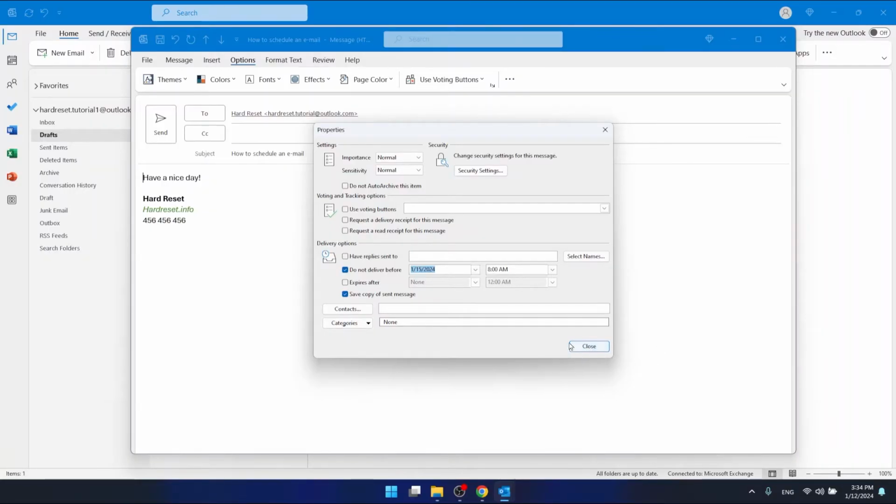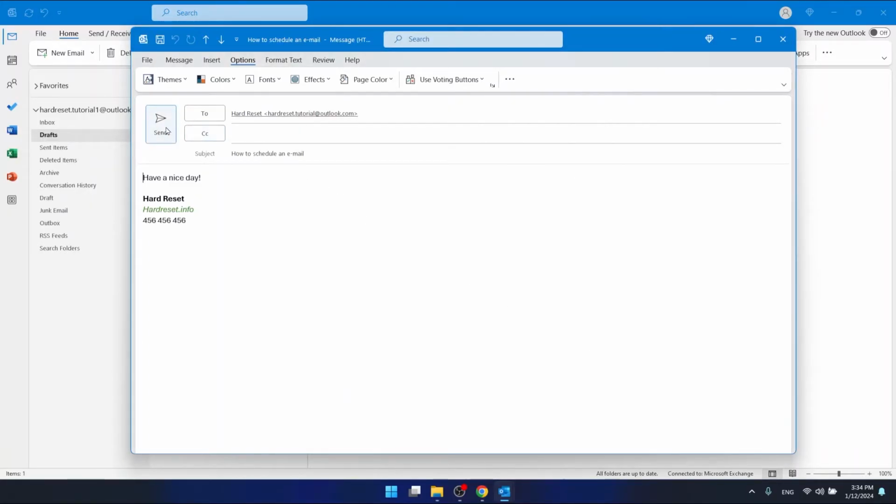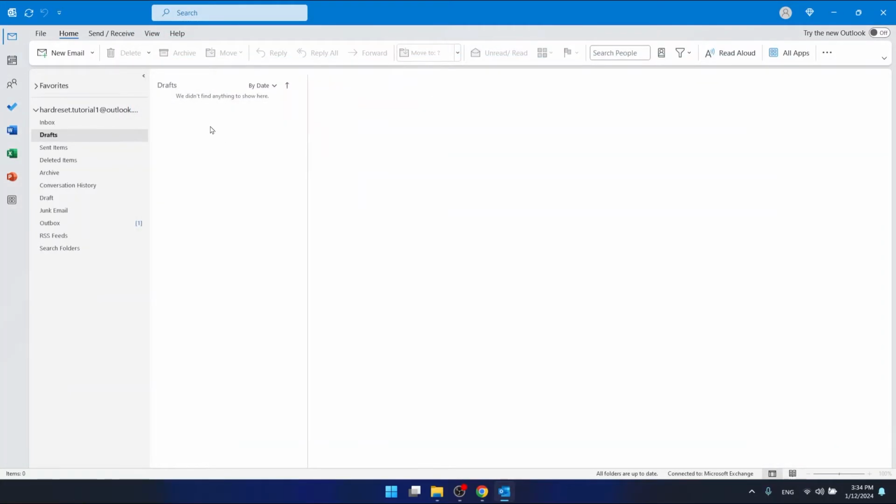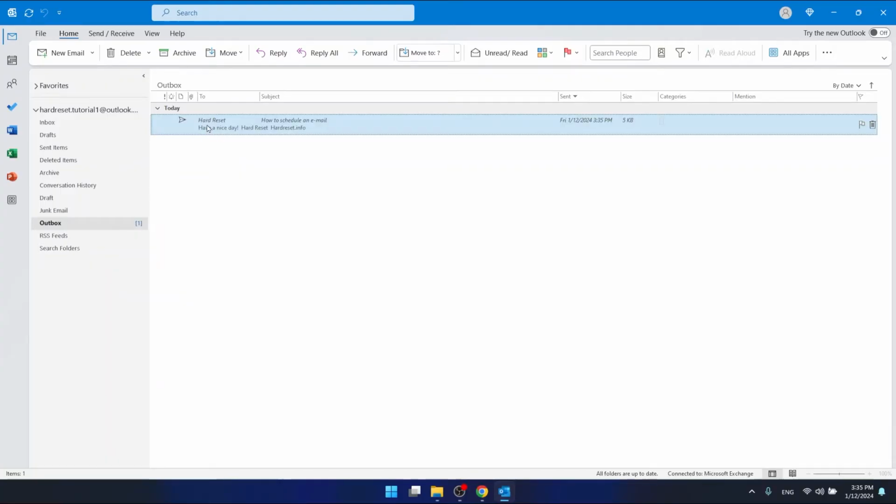So now let's just close it, and now if you press send, the email that you have scheduled is going to be in the folder that is called Outbox. And as you have seen, the Outbox is the folder for emails that have been scheduled